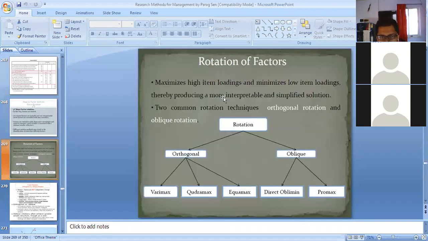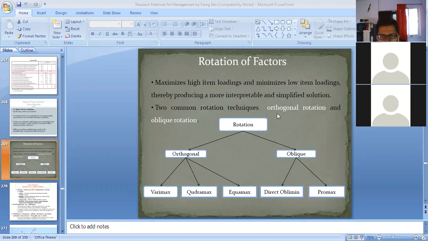Broadly speaking, there are 2 different types of rotation: orthogonal rotation and oblique rotation. Under orthogonal rotation, there are 3 methods called Varimax, Quartimax, and Equimax. Under oblique rotation, there are the direct oblimin method and the Promax method.